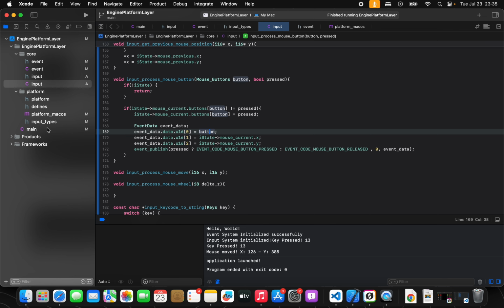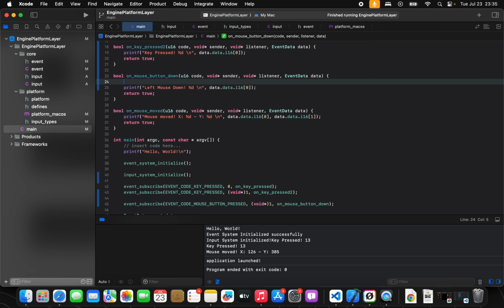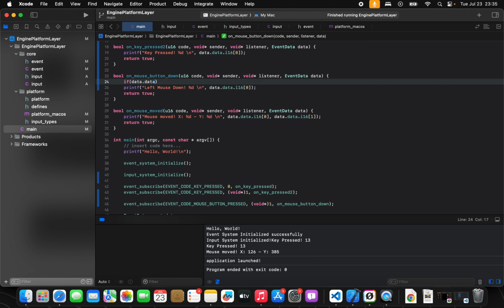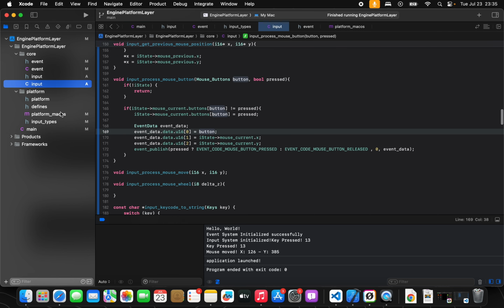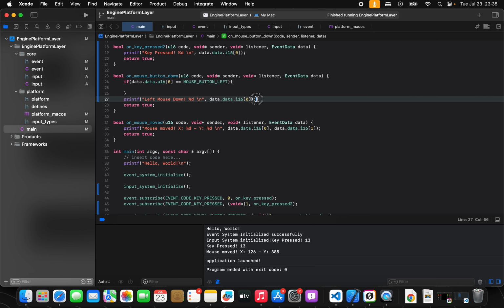So what we could do in here is check data.u16, and I believe we're passing in the button being clicked on the first, yeah, we are. So if that is equal to mouse button left, then we want to print out that,